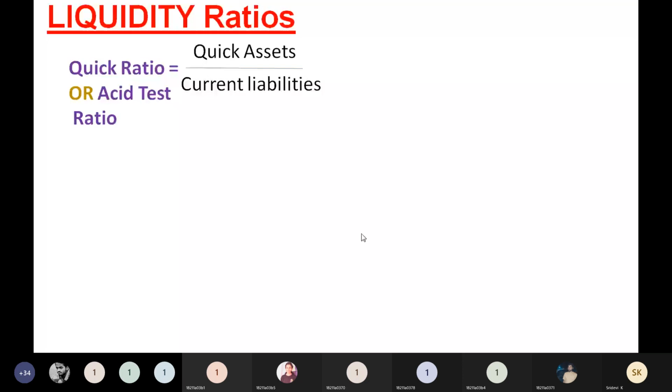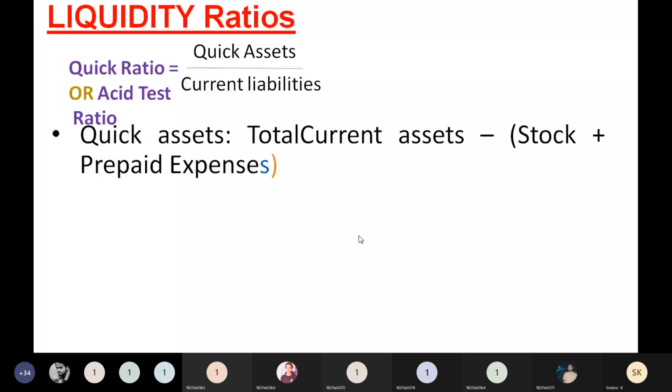Students often get confused here itself. Sometimes they write quick current liabilities by quick assets, like that. Don't do that. How do you get quick assets? As we have seen all the current assets, you sum up that total and deduct from it. While calculating the current ratio, you already sum that up. You need not pick each and every item under current assets. You deduct the stock and prepaid expenses from the total current assets. That will give you quick assets. And current liabilities I need not give again, as the list has already been mentioned.